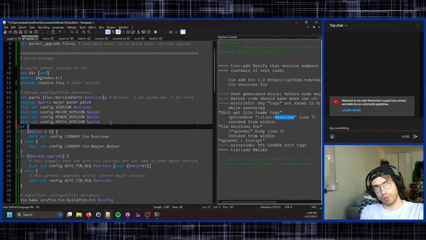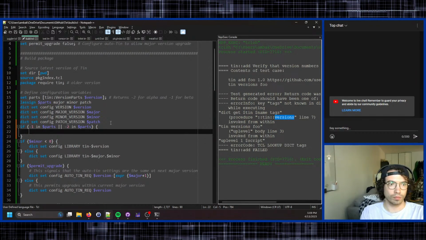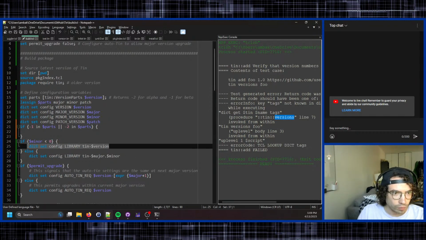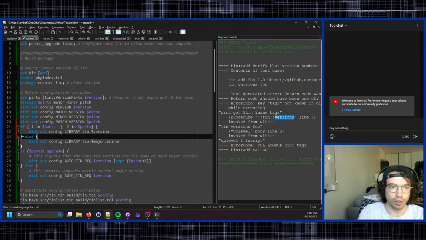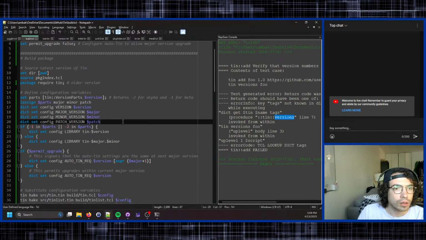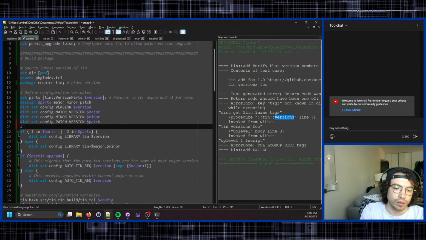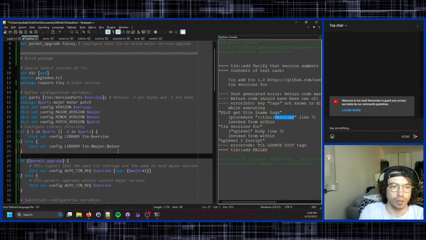So if -1 in parts or -2 in parts, we're gonna have a special folder for it, otherwise it'll just be the major minor. Configure library directory. Configure